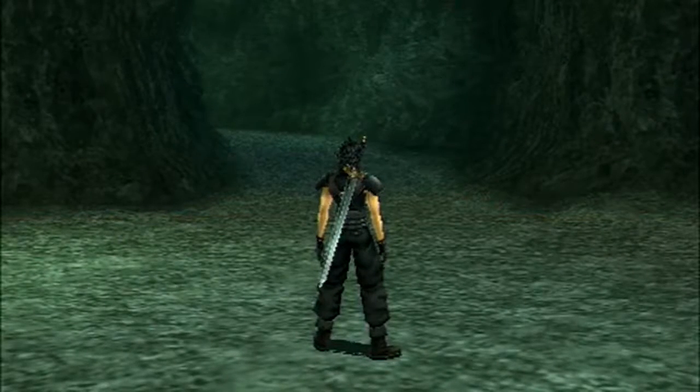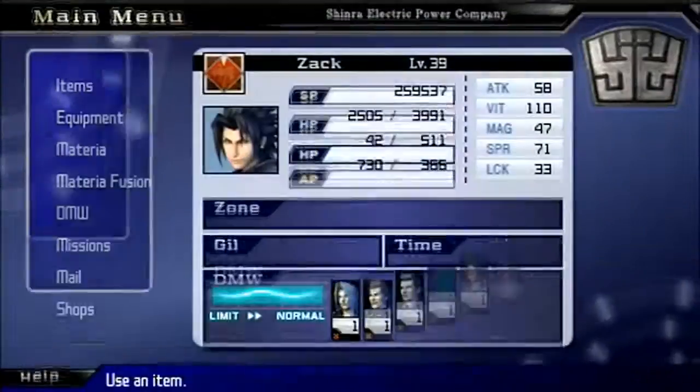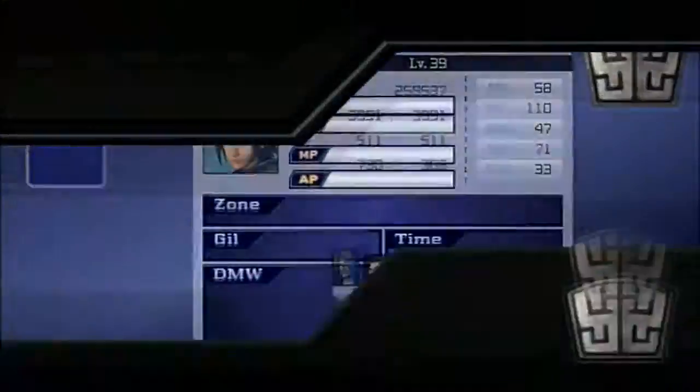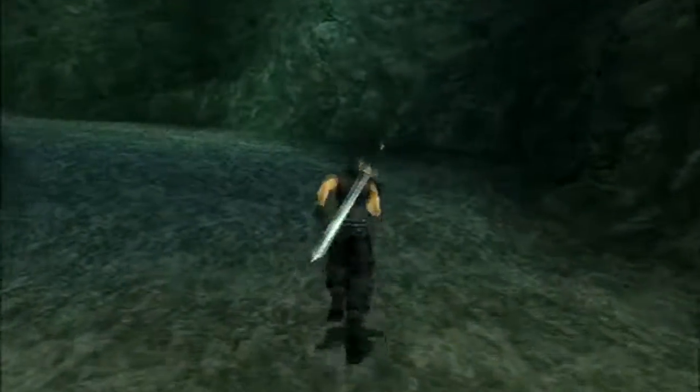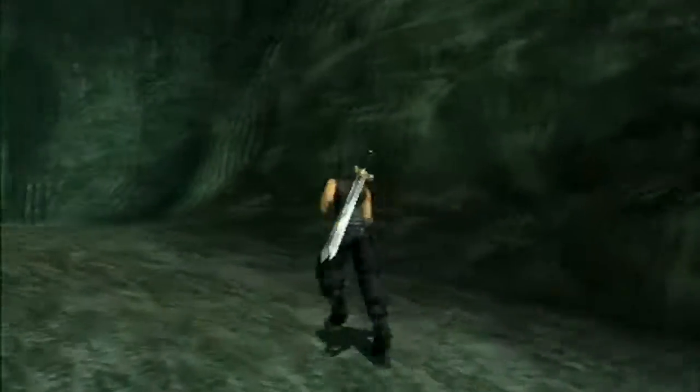Okay, there are 2 chests here. One is out of the way, and the other one is out of the way. We'll see them both. Yeah, so one is to the upper left, and the other one's all the way to the lower